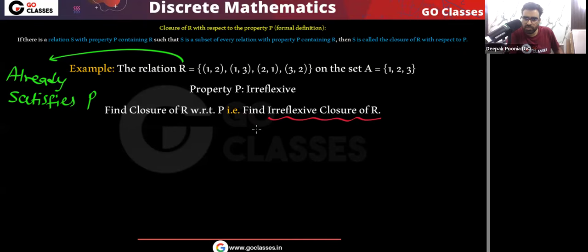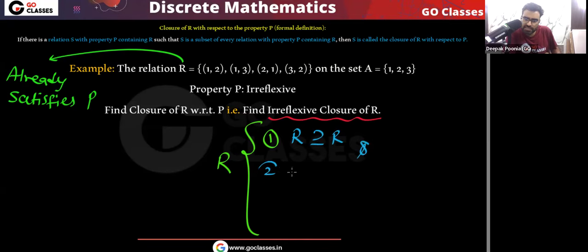You can easily notice all three properties will be satisfied because the answer will be R. What is the reason? Because R contains R. And second, R already satisfies P. And the third thing,